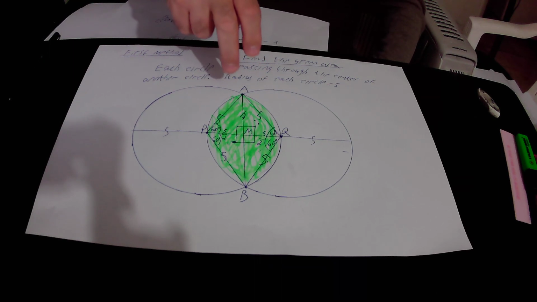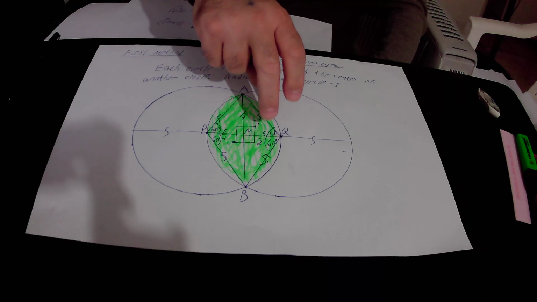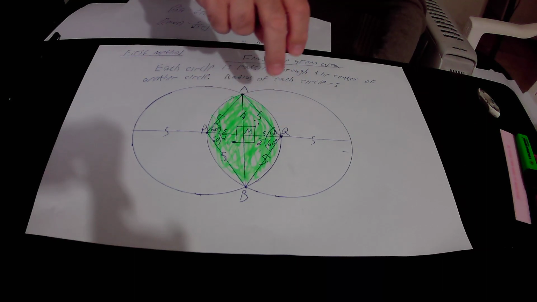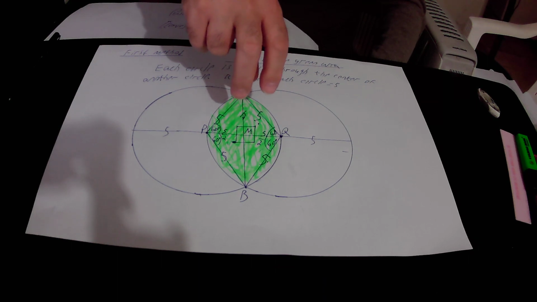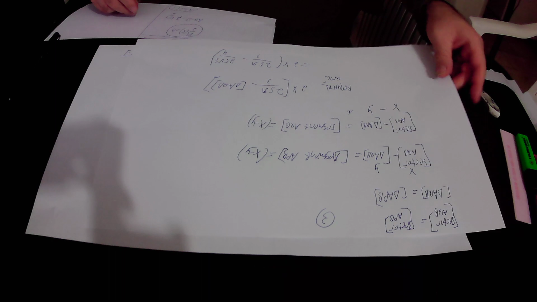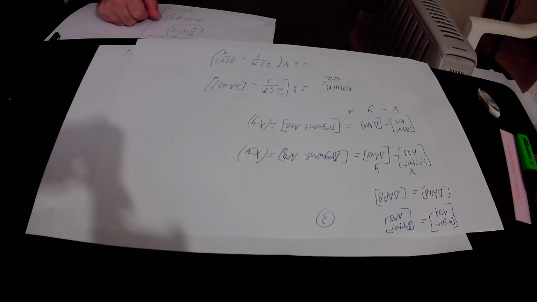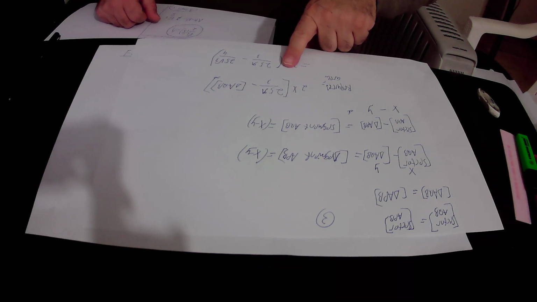Therefore, we can actually calculate the area of one segment. We'll multiply it by 2 and we'll get the area that is required. It is actually the area of the green shape. Okay, so the required area will be equal to 2 times the area of